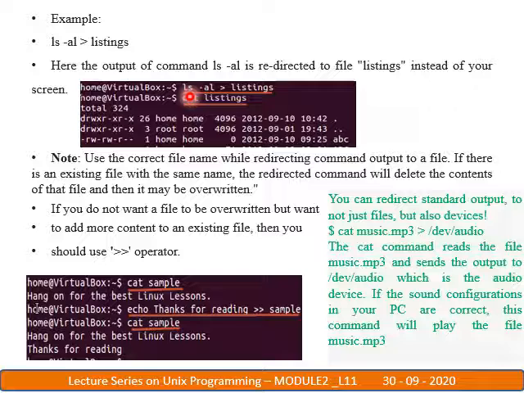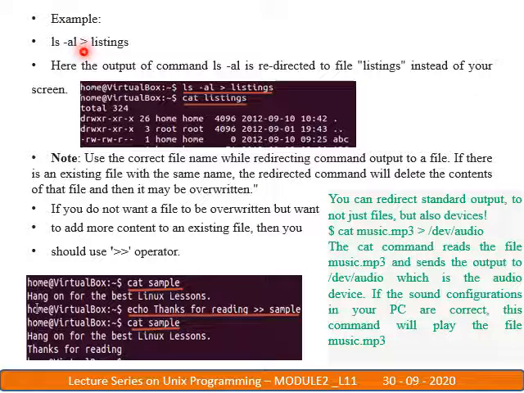So this is one example. Now we will discuss output redirection. Let us take the example of listing all the files, ls -al. It lists the long listing of all the files in the current working directory. Normally when you execute only this command, it is displayed on the screen.